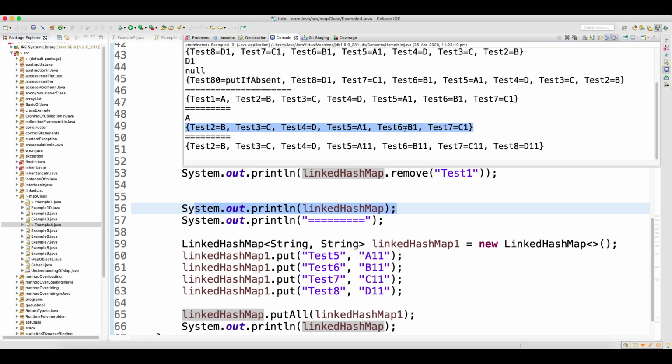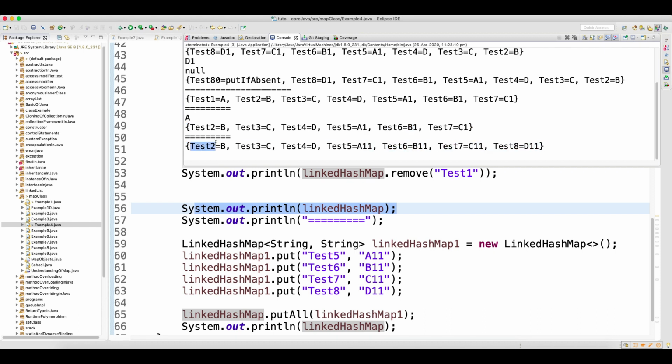So the problem here is that test 5 is already there, test 6 is there, test 7 is already there. Look at the interesting part here.